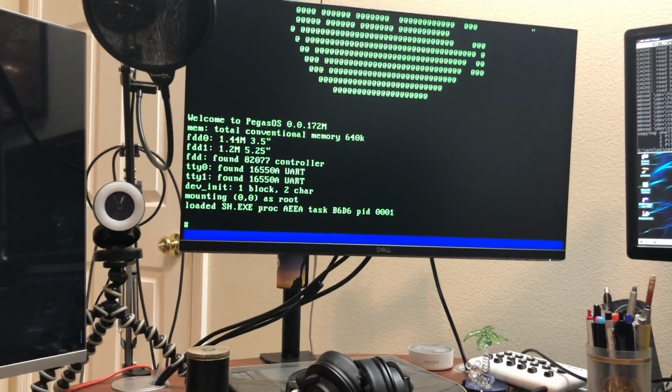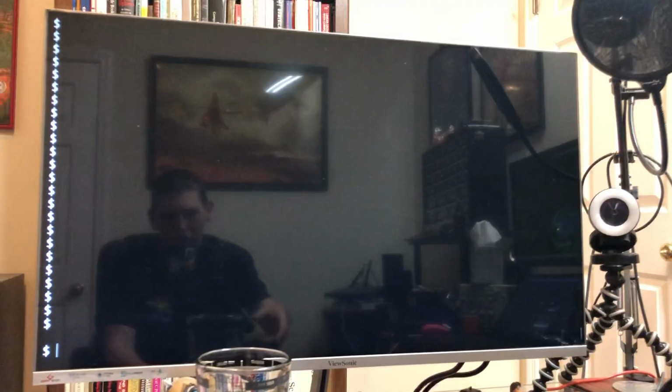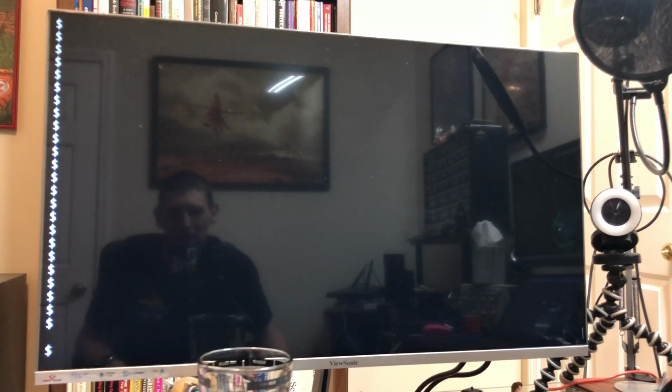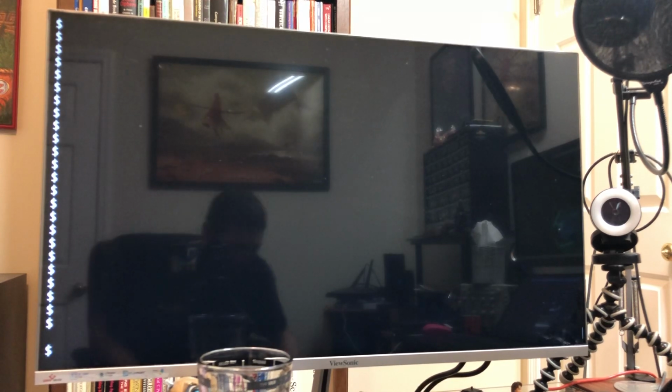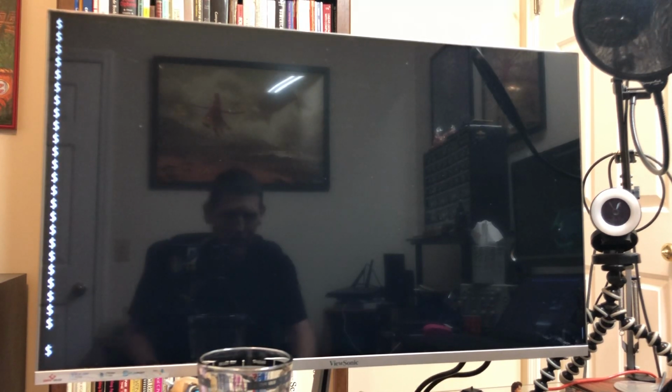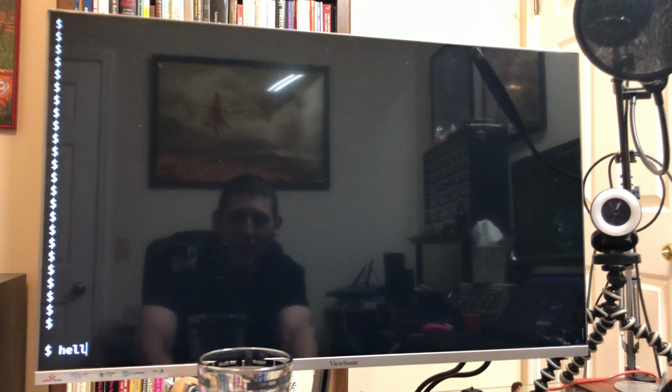But I want to show you that this is a real preemptive multitasking scheduled system. Even though there's no memory protection to protect processes from each other, it is still true multitasking. So we have a process going on over here on the console, and this is actually a serial terminal. We're running a shell on the serial terminal, and the shell is actually complete enough that we can run hello